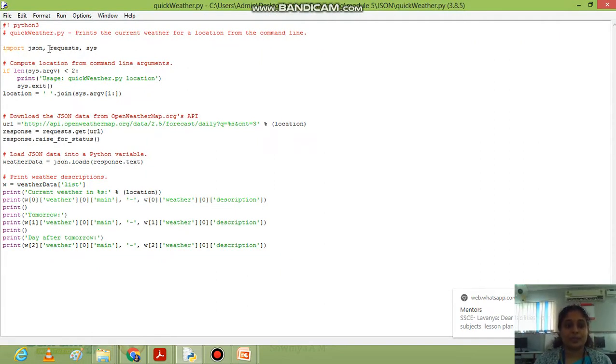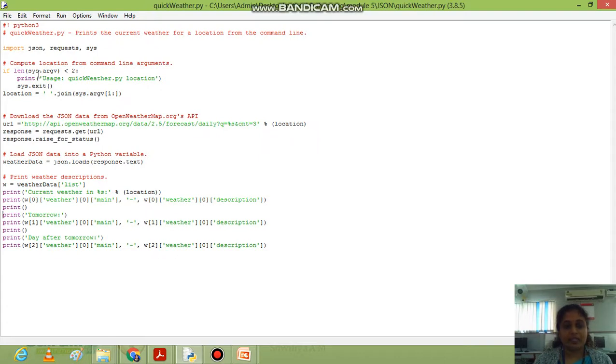First import json, requests and sys. json is used for the loads function, requests for getting the link and the response from the weather link, and sys is used for getting the command line argument.